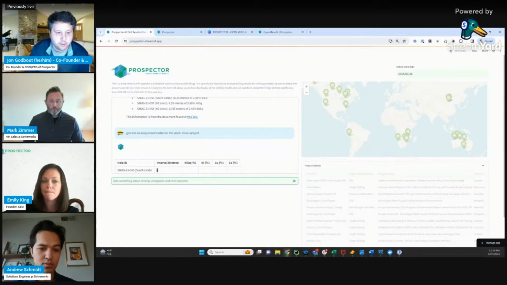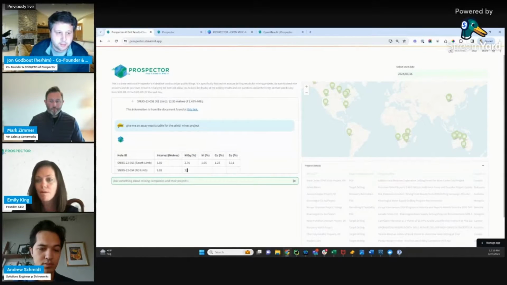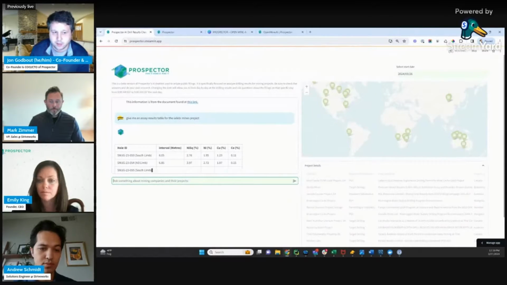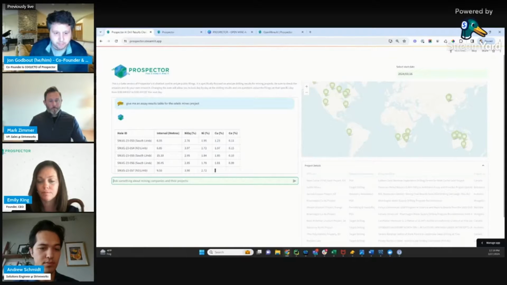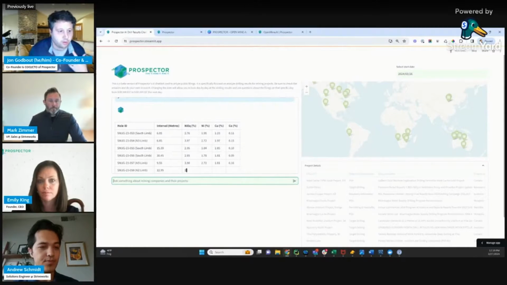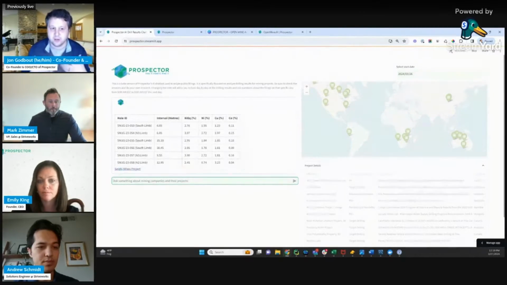And it's going to go through and get the holes from the document, looking for the highlight results and bringing back the grades and estimates so you can look at the interval as well as what's there. Again, really trying to make it so you can look through more filings at once and use it as an assistant for yourself.